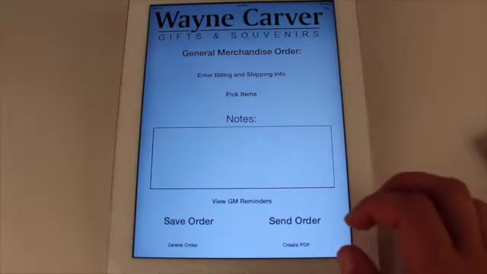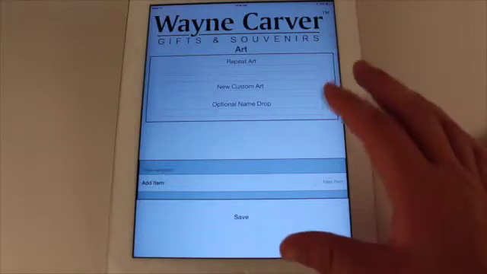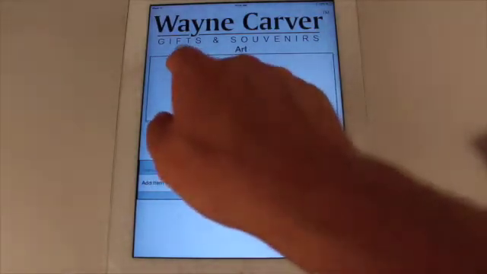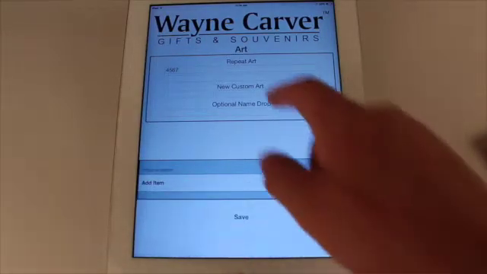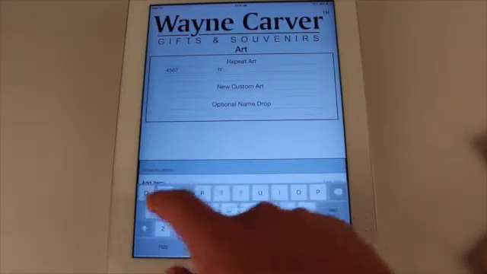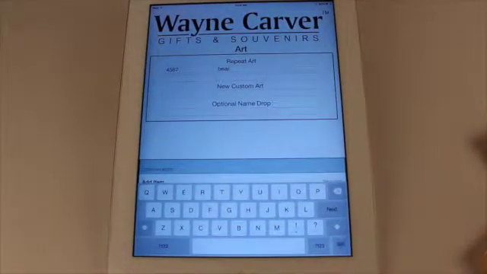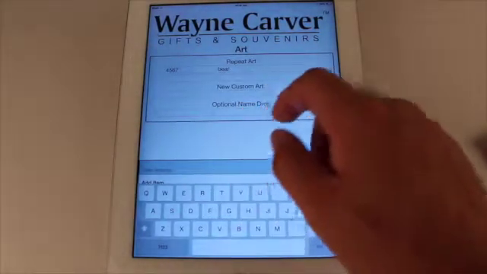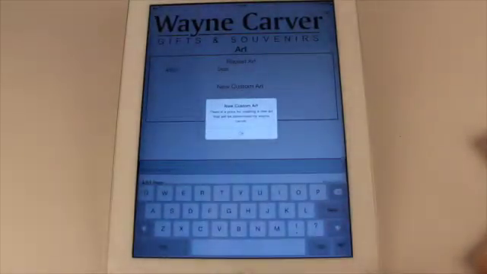After we have entered our billing and shipping info, we can pick our items. Now, this works like the old sheet did, where you enter your art numbers, your repeat art numbers, whatever they may be. Or you can, if you are used to putting the name, you can put the name in there. You can type whatever you want into these fields, just please make it understandable. If you want to enter a new custom art, click here and just be reminded that there is a